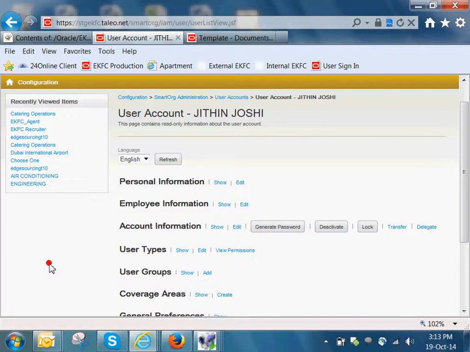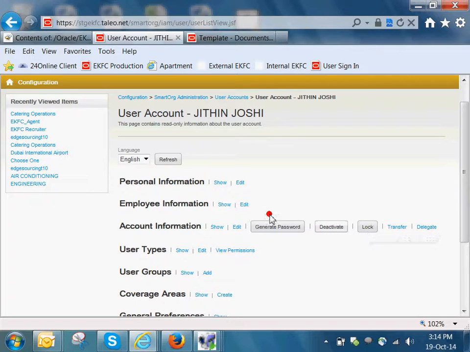Let's say an employee raises a request saying their password needs to be changed, or their account is locked. Then you can see here it's unlocked. If it gets locked, you can see it as locked, and then you just click unlock. Right now it's active, that's why you can see lock. If you want to lock this user, click on lock, then they cannot access.